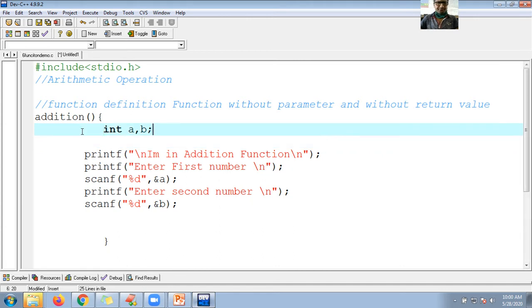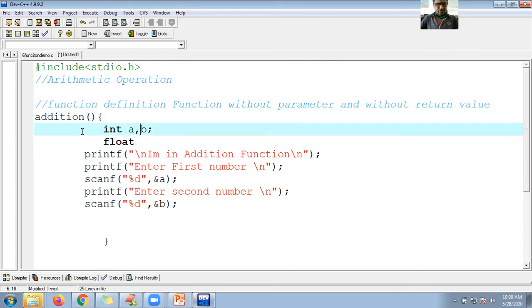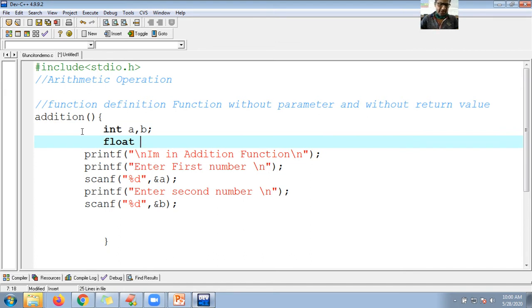So guys, here instead of int, let me use float. You may enter float values also. So here, let me keep float result, res. Okay.